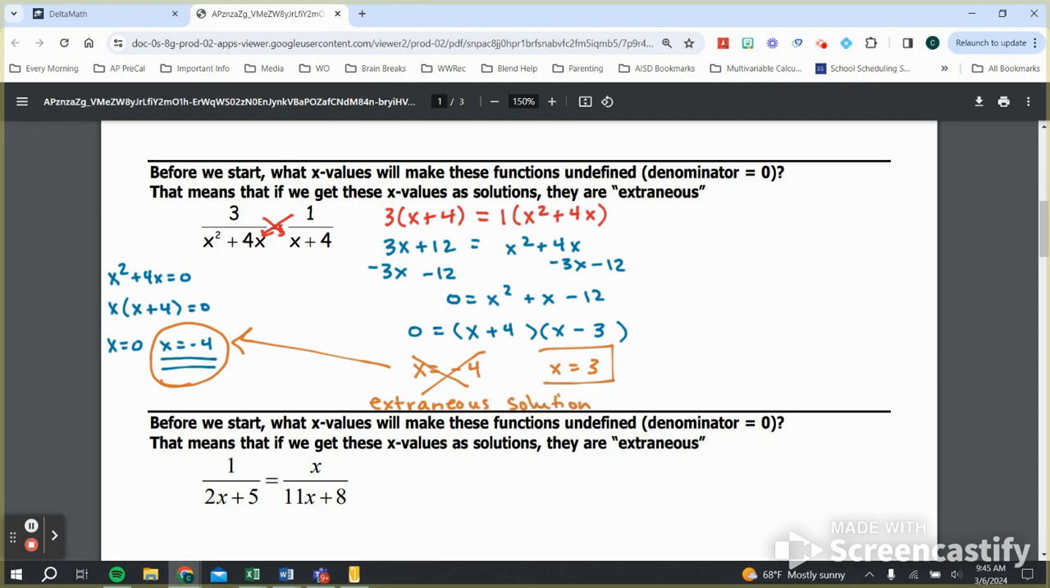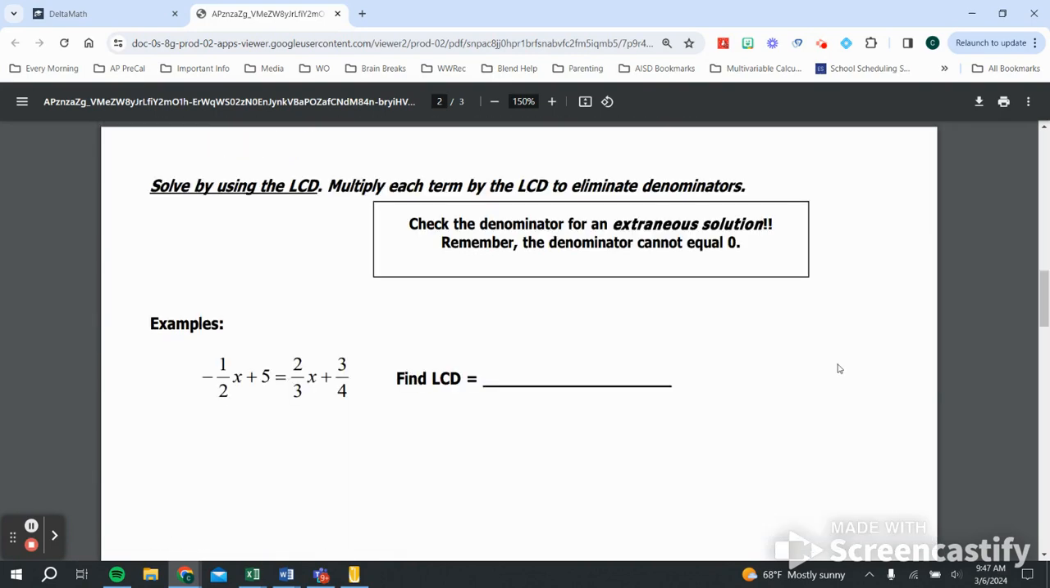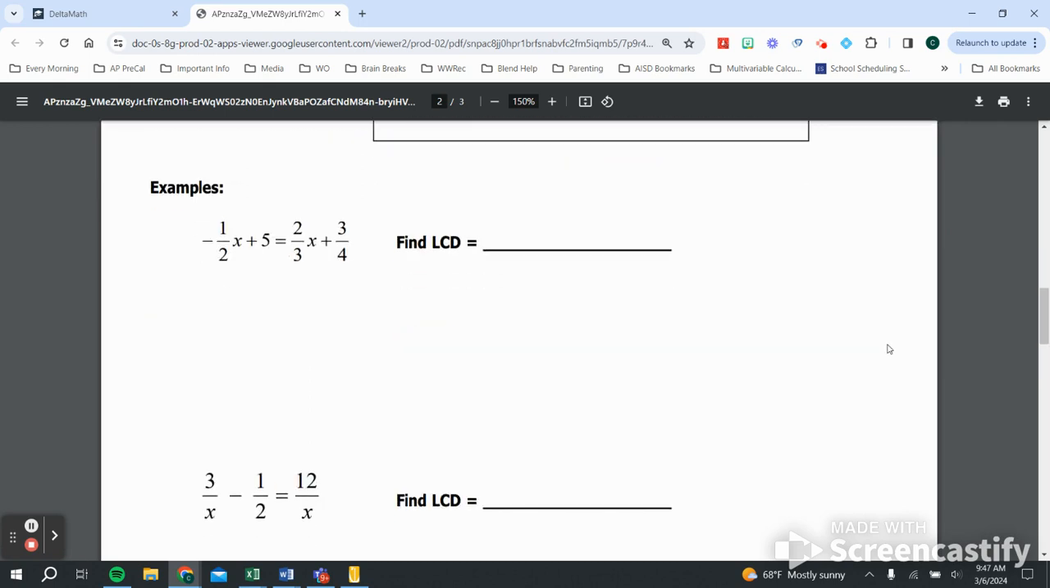So the only possible solution for this rational equation is x equals 3. All right. Let's go ahead and look at what happens when we have more than one fraction on each side. So we're going to solve by using the LCD. We're going to start off really simple with something that we've seen in Algebra 1 and in the beginning of